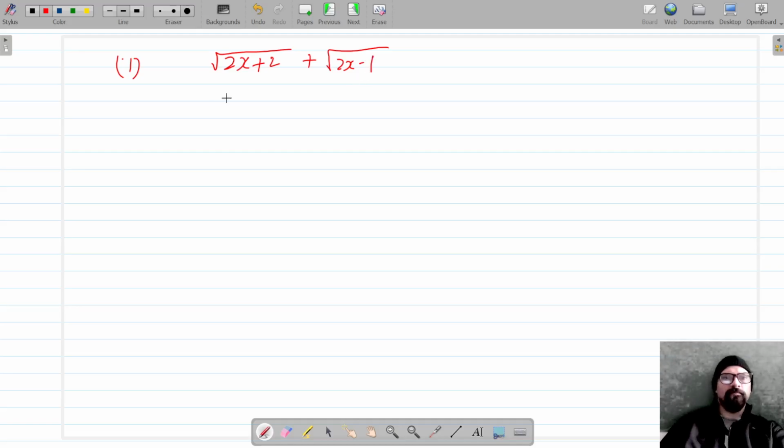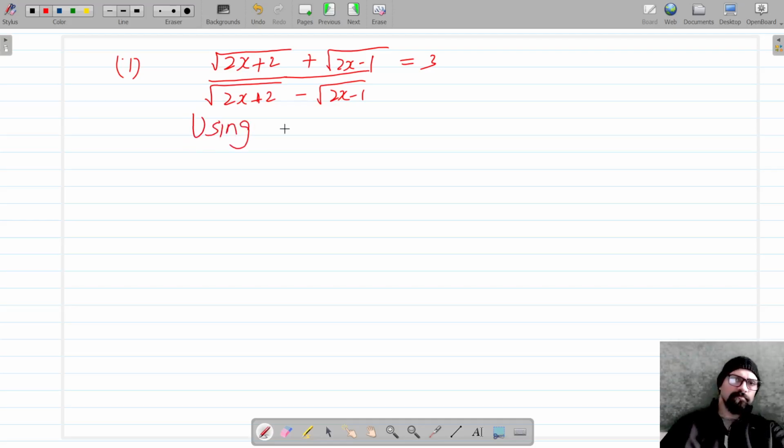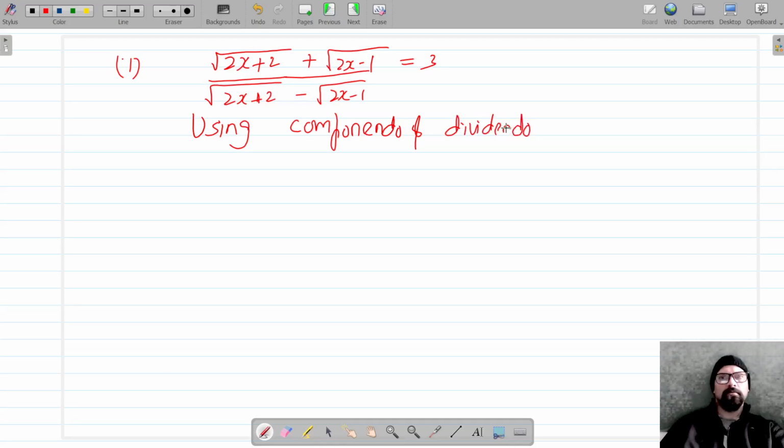under root 2x minus 1, on under root 2x plus 2 minus under root 2x minus 1, which is equal to 3. Okay, so we are going to use componendo and dividendo. So using componendo and dividendo,